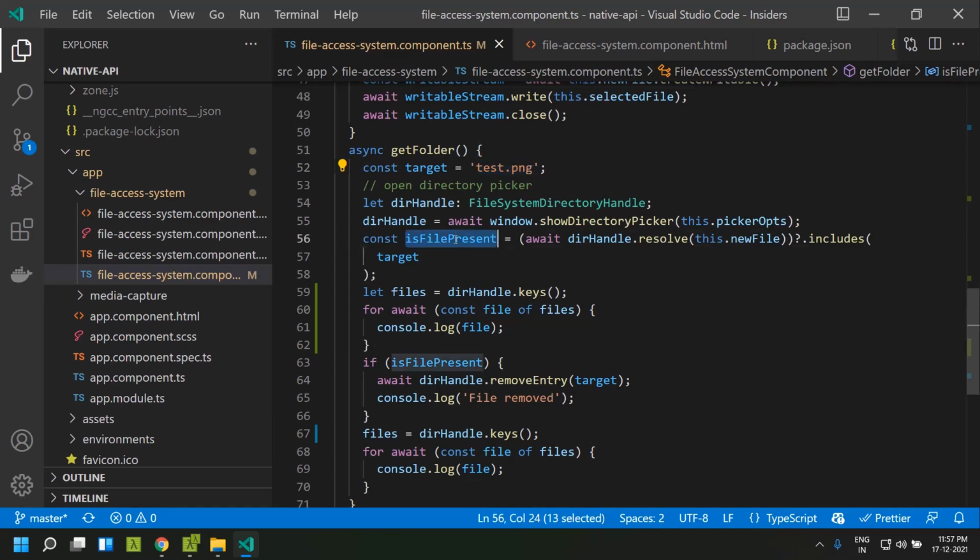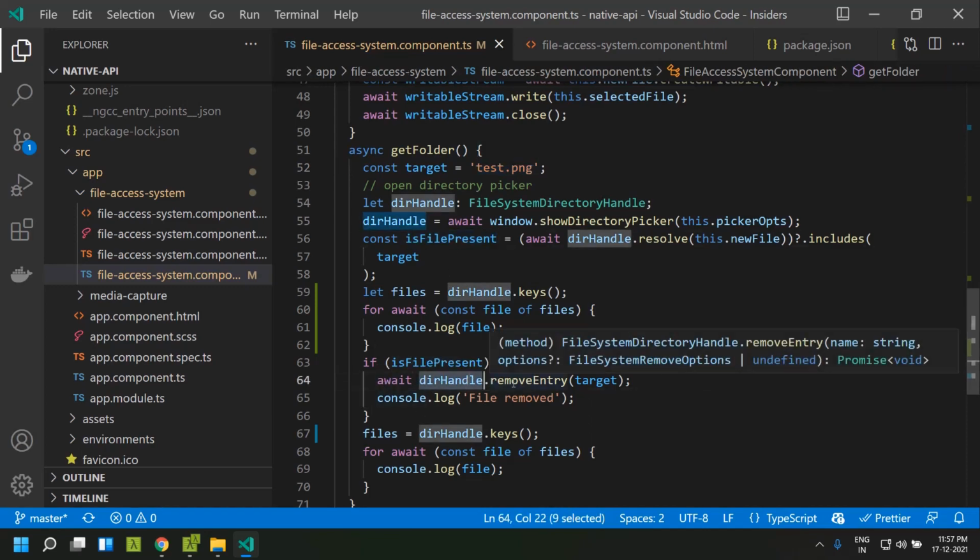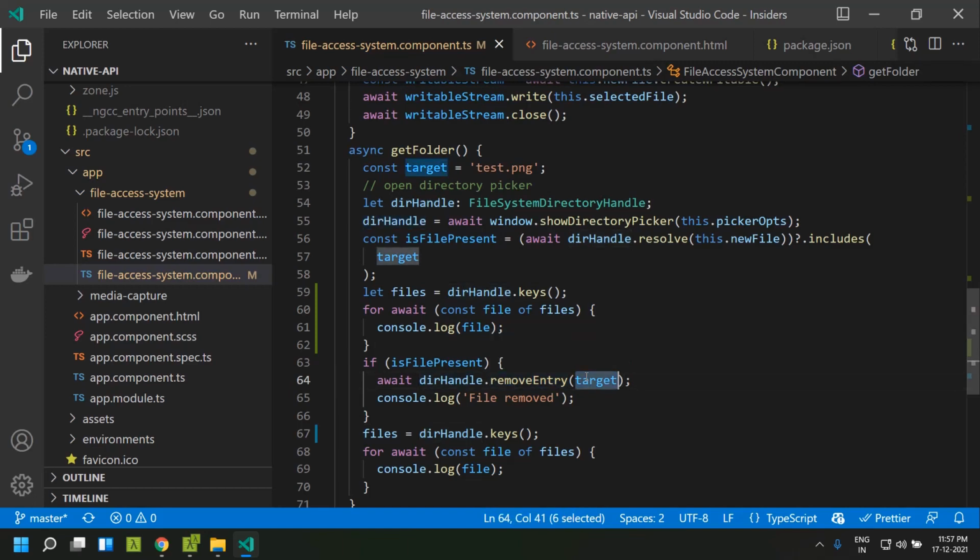In case the file is present, I am going to call the directoryHandle.removeEntry, and I am passing the name of the file. It basically deletes that particular entry from the folder. Here, in order to check whether that file is present, I am making use of the directoryHandle.resolve, within which I can pass the handle of our test.png. And in case it is present,